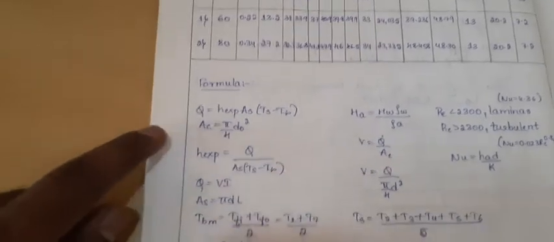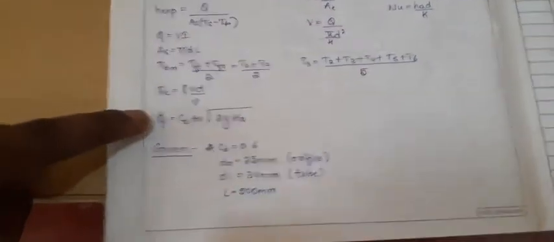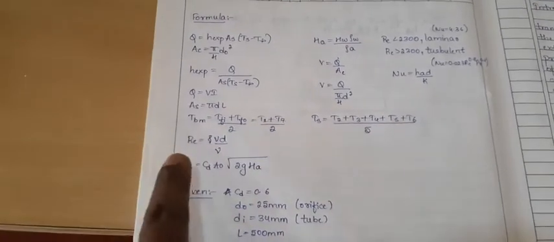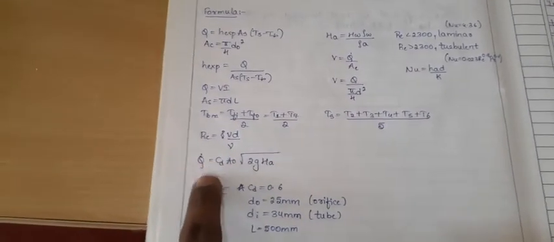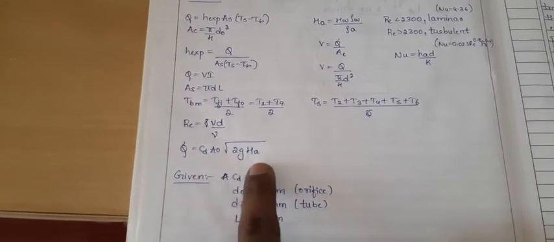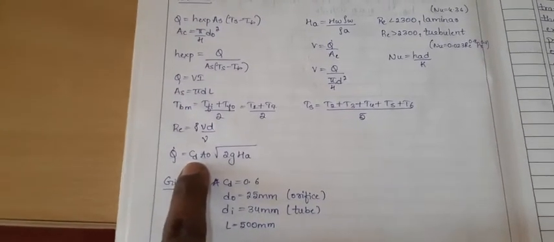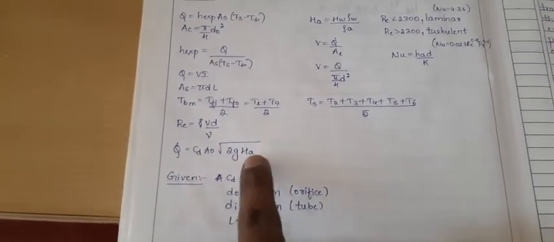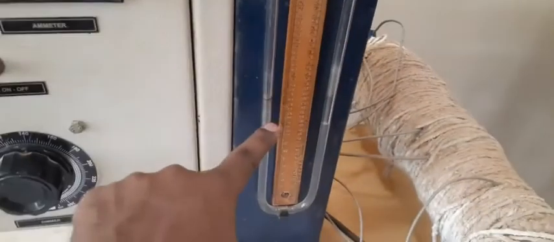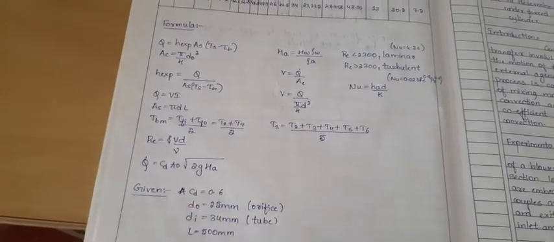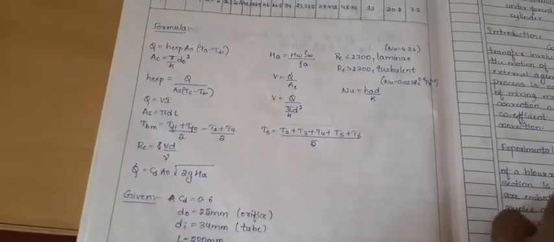This is H experimental. For H theoretical, before finding H theoretical, we need to find the air discharge. Discharge is Cd A0 square root of 2gh, where A0 is the area of the orifice, Cd is the coefficient of discharge, and h is the head of air. Using the head of water formula, we have to find the head of air and the discharge. Once the discharge is found, discharge by area gives velocity, that is the continuity equation.